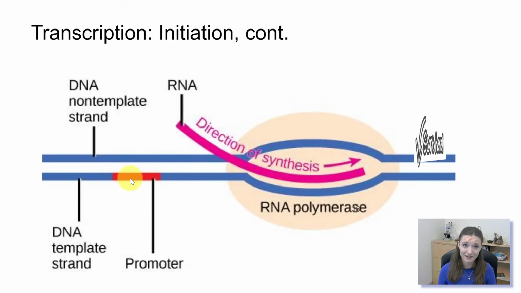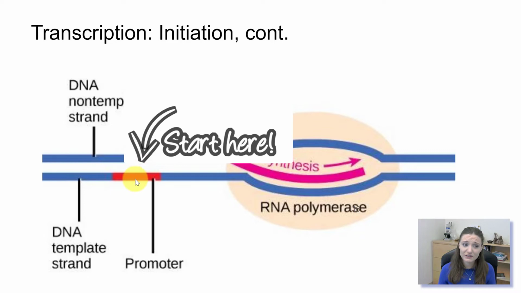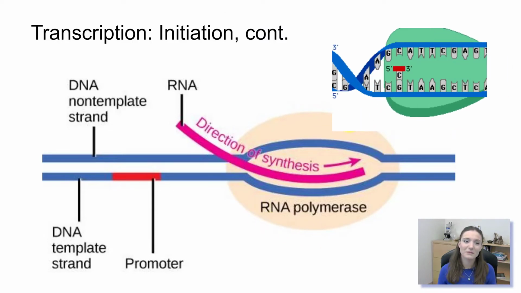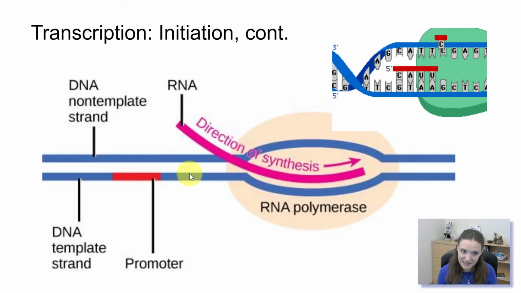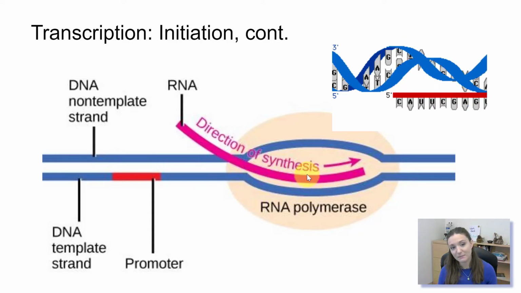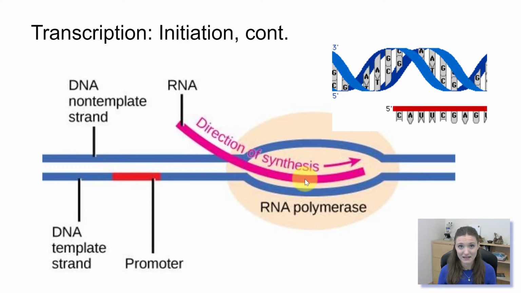So RNA polymerase, here's our promoter. This is our top box. Remember, this is just a region of DNA that says, hey, RNA polymerase, this gene starts here. It's basically the start location. RNA polymerase is represented by this beige enzyme right here. It is bonded to the DNA, and it's reading the sequences of bases on the DNA